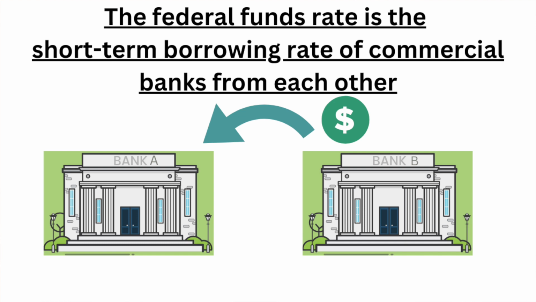The federal funds rate is the rate at which commercial banks borrow and lend money to each other. This is typically done for a short duration, such as overnight lending and borrowing. The United States Fed does not directly control the federal funds rate, but has other indirect methods to control it. This is a topic of discussion for a separate video, so stay tuned for that.